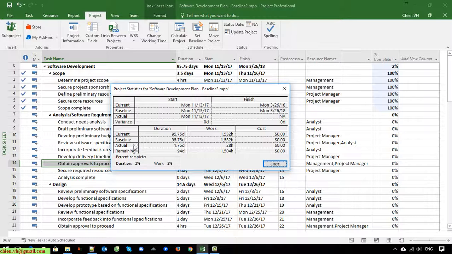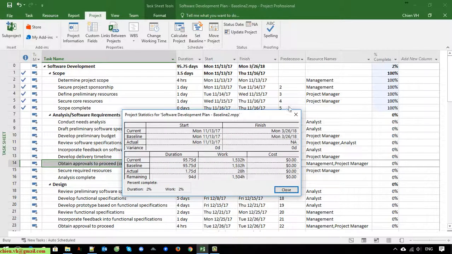The baseline looks like the same thing, and the remaining is actual. Okay, so because we have just finished some of the tasks here, it will do the calculation for the duration here. Okay, so now I will go ahead